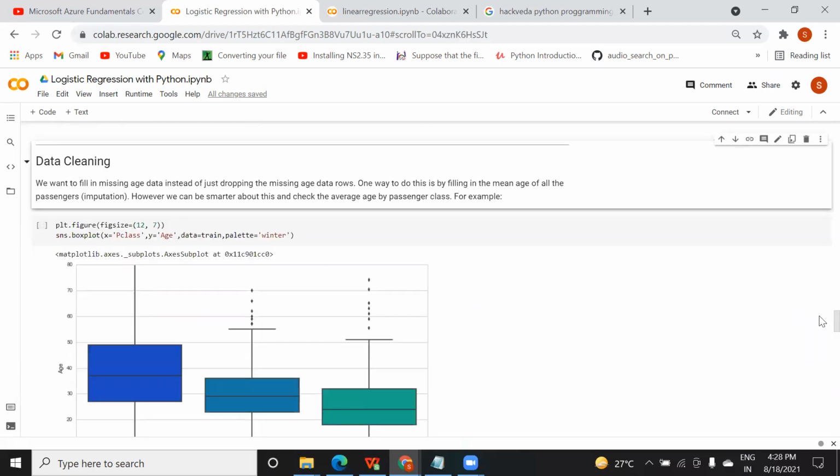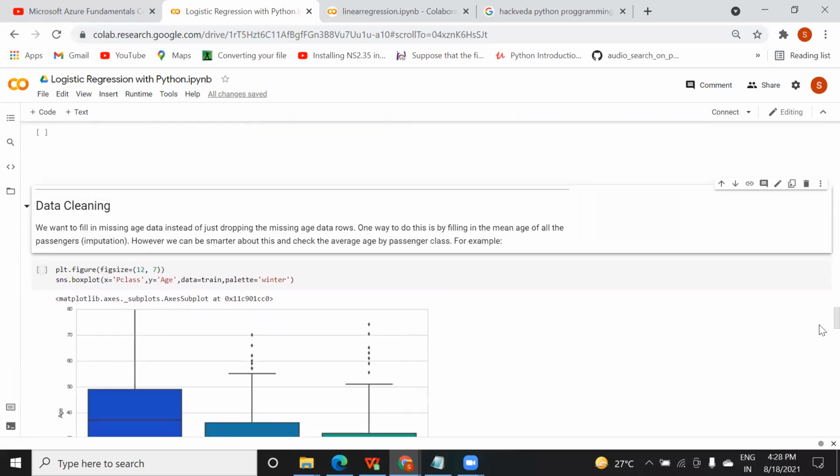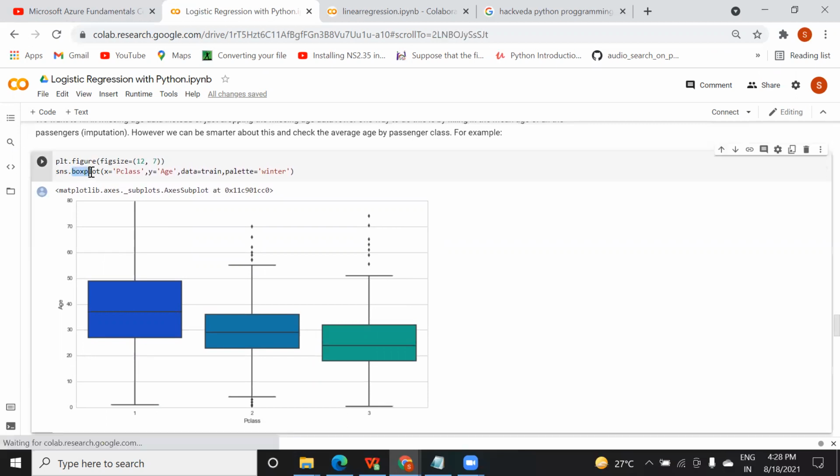Yeah, so you can see here how I'm drawing the box plot also. If you wanted to check the range, you just need to type sns dot. So here: bar plot, count plot, box plot. It will be easy for you to understand. sns.countplot for count, box plot for the boxes, heat map, bar plot, histogram with bins. You can do that. What you need to pass is your column, x and y, data, and palette.